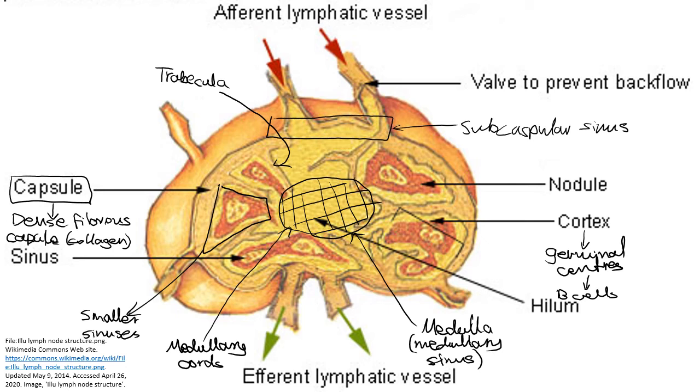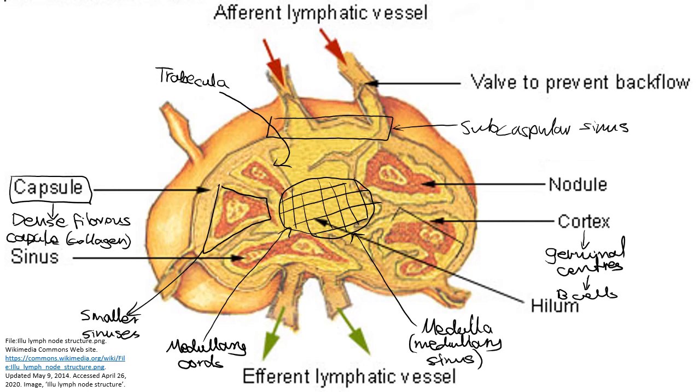Now, a key feature that you would have noticed due to the structure of the lymph node is the discrepancy that we see in the number of afferent versus efferent lymphatic vessels. And unfortunately, this is where the diagram is a little bit inaccurate, because essentially there are more afferent lymphatic vessels present than efferent lymphatic vessels in a lymph node. And you may be wondering, well, why is that the case? The reason why this occurs is that,